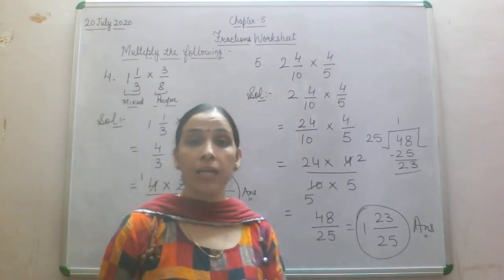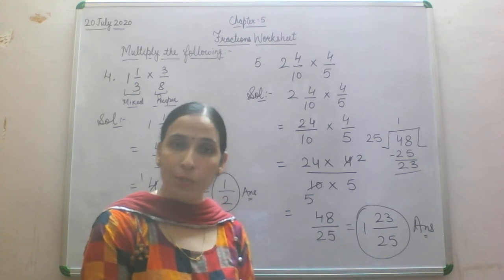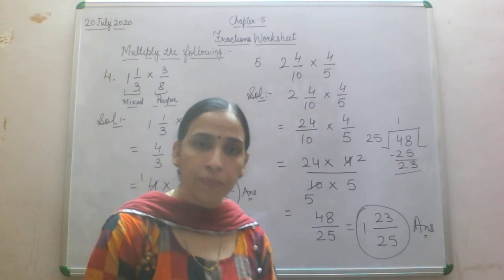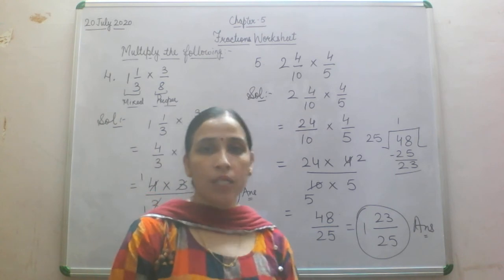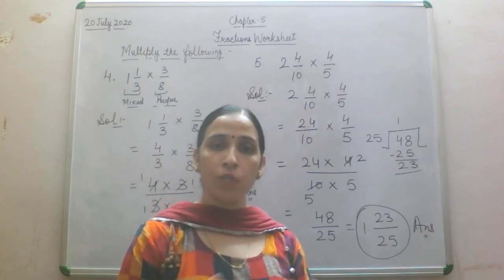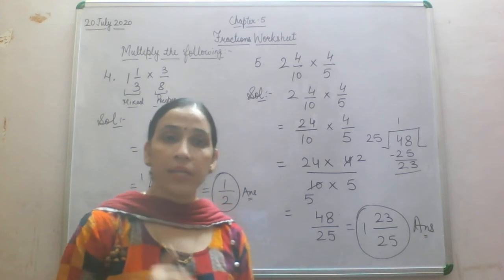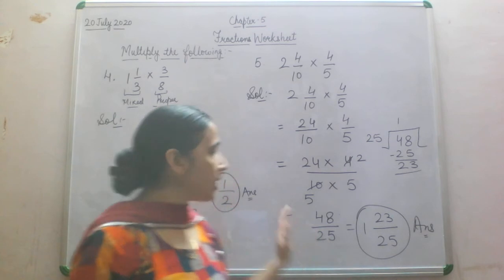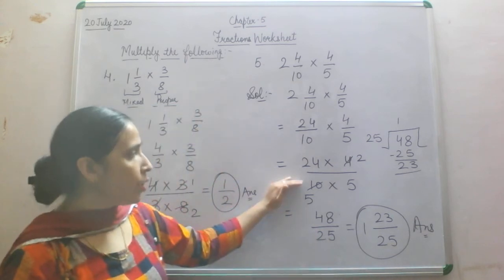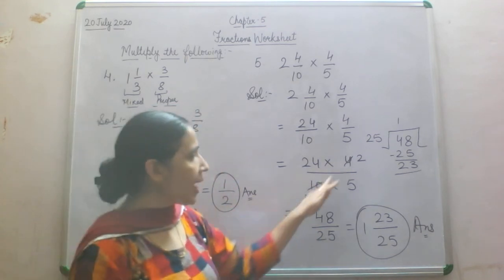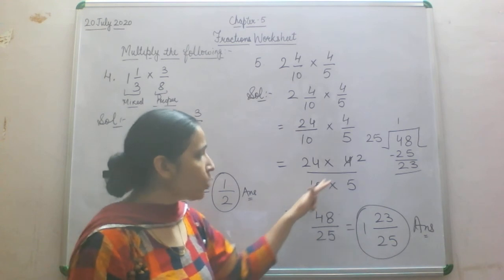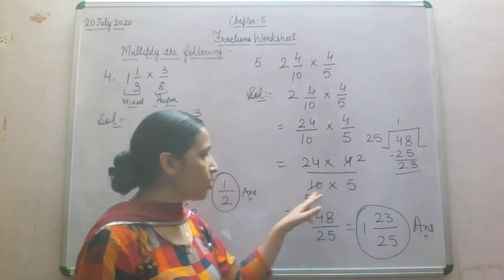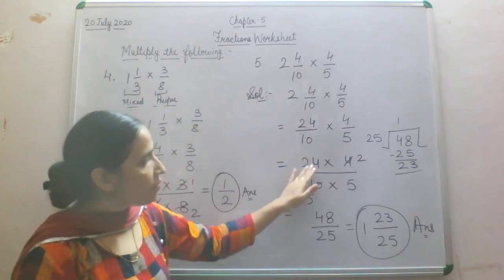As I told you, the numerator will multiply by the numerator and the denominator will multiply by the denominator. Once you do the multiplication of numerator and denominator, you will find out if you are getting any common factor, and that will be reduced in this step. Now here you can see 4 and 10. Among these two numbers we have 2 as a common factor. So 2 twos are 4 and 2 fives are 10. After that we will do the multiplication.